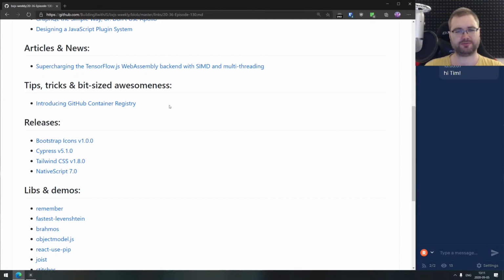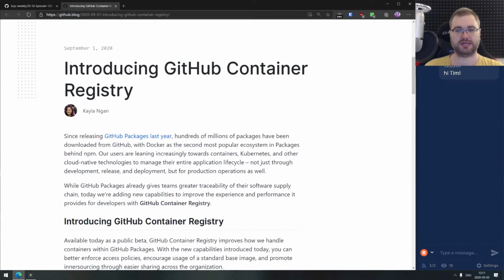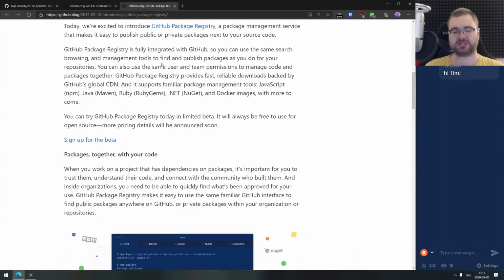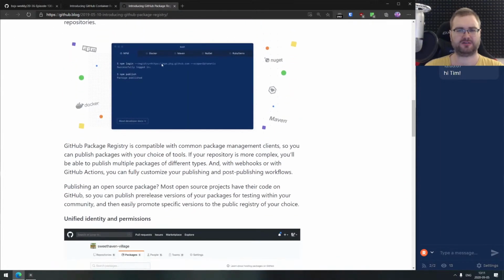Now we're coming to the tips, tricks, and bite-sized awesomeness. We also have only one thing here today, and it's not directly JavaScript related, I guess, but it's news from GitHub. They are officially launching the GitHub Container Registry. So they released GitHub Packages last year, which allowed you to actually publish stuff to GitHub as packages for, well, NPM, Docker, Maven, whatever you can imagine. Basically, I think they supported almost everything. And